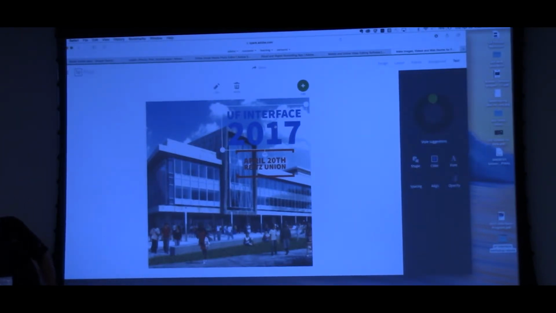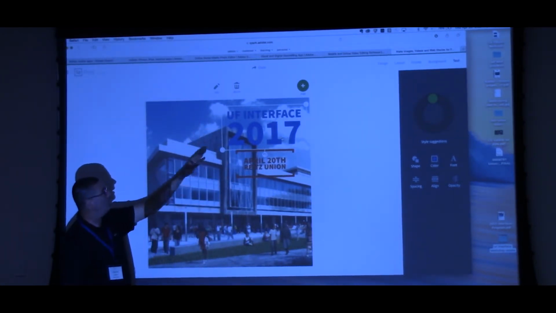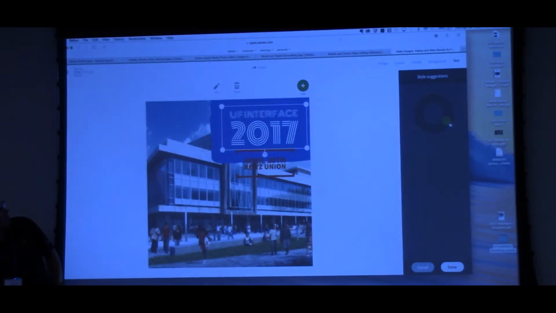You want to rotate this a little bit? Do you want to resize it, grab a corner? Do you want to swap out the image? Do you want to edit the graphic, right? And as I go and choose these things, notice I have my formatting options on the right. I even have this really cool style slider to let me kind of experiment. I like that. What do you think? Very much Guardians of the Galaxy-esque right there, right? So, but at any rate, I can have a lot of fun with this, but also experiment and try different